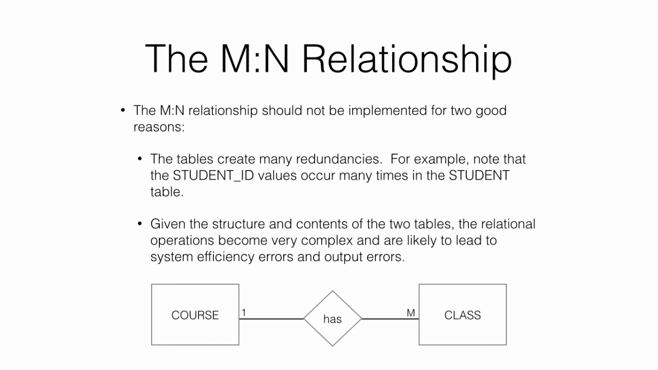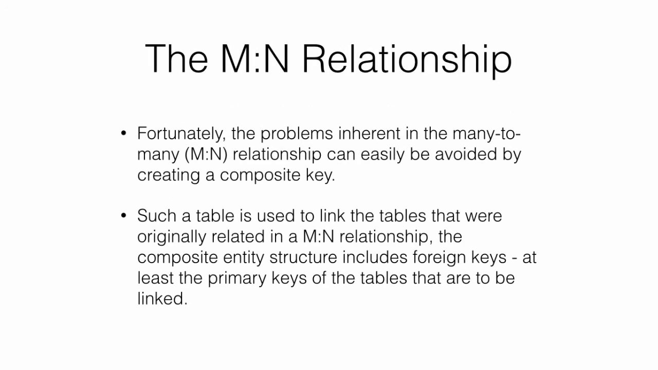And secondly, given the structure and the contents of the two tables, the relational operations become very complex and are likely to lead to system inefficiencies and errors. So it's going to affect our data integrity. The problems caused by a many-to-many relationship can be avoided by creating a composite key in the new table. So the composite key is the two foreign keys from our other tables, which are linked together to create